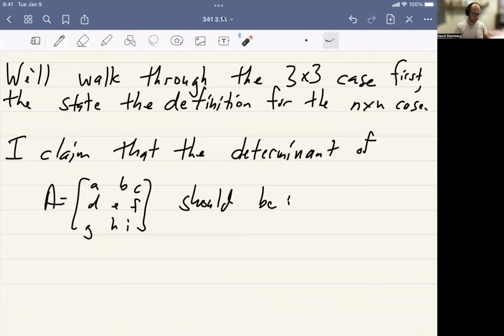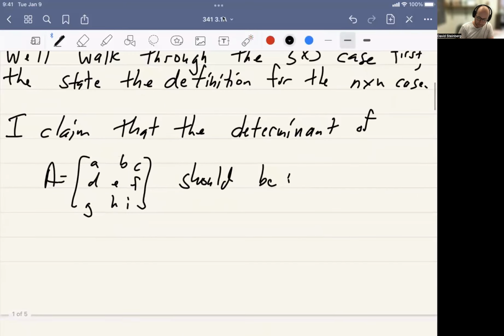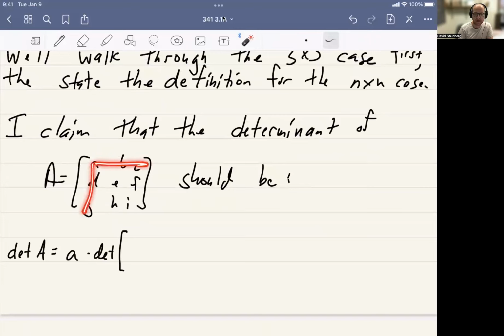For the 3 by 3 case, if our matrix A is A, B, C, D, E, F, G, H, I, then the determinant is going to be what? It's going to look like a bit of a mess for a sec, but that's life. It's going to be A times the determinant of the little 2 by 2 matrix that we get if we eliminate the row and column that A lives in. So it'll be E, F, H, I, minus B times the determinant